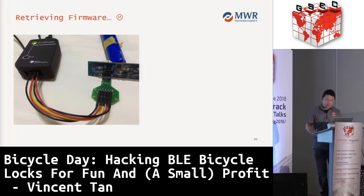Okay, as you've no doubt noticed, opening the lock depends on a connection to the server. How then can you get it to unlock offline? Since Obike has recently gone bankrupt, somebody dismantled the lock from the bike, retrieved the chip, and sent it over to me. So my solution was to